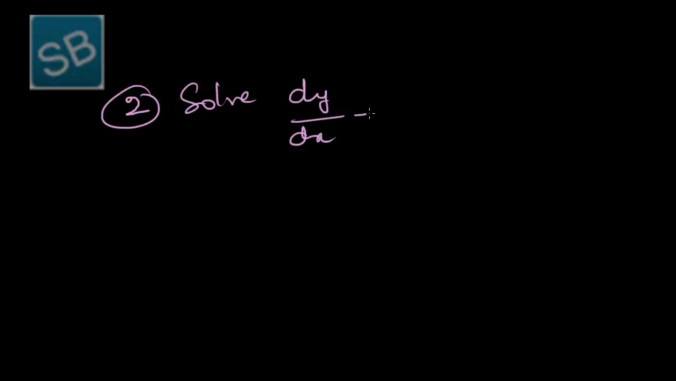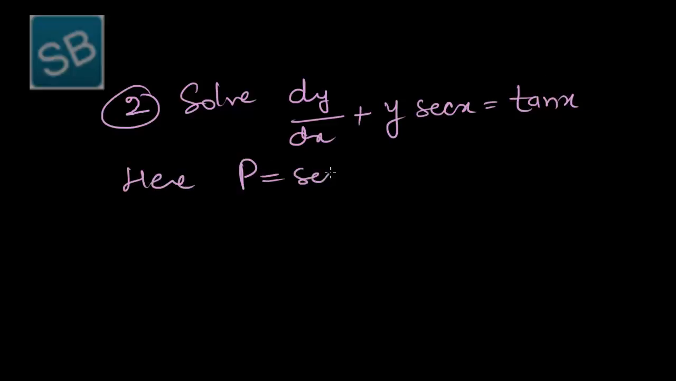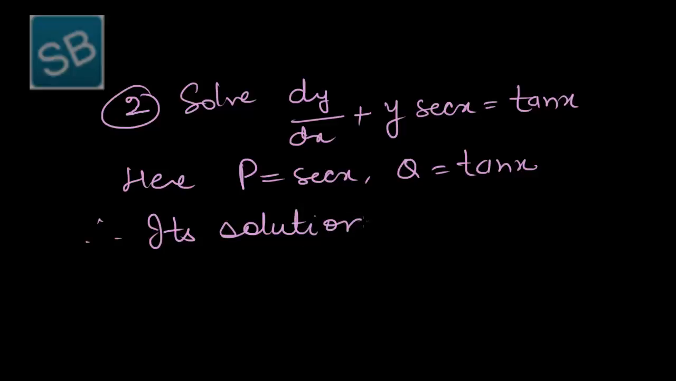Now the next problem, that is problem number 2: solve dy/dx plus y times secant x is equal to tan x. So here p is equal to secant x and q is equal to tan x, and the given equation is of the form dy/dx plus Py is equal to Q. Therefore its solution is